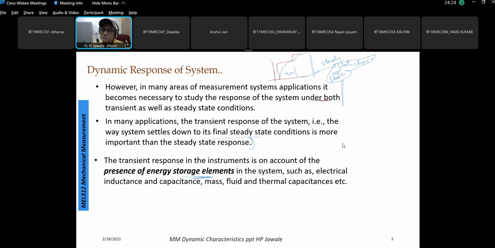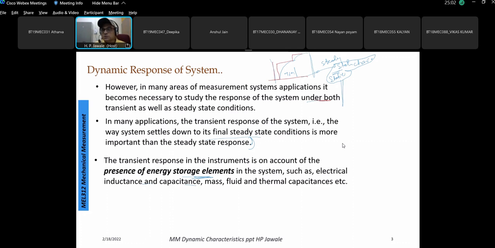That loading is going to make some changes in the primary sensing element, and because of which there is some kind of delay in the output of the measurement system, which then does not faithfully correspond to the input applied. It may be because of electrical inductance, capacitance. These elements are going to be present in your variable conversion element, variable manipulation element, and so on. So definitely it is going to have some kind of time lag,